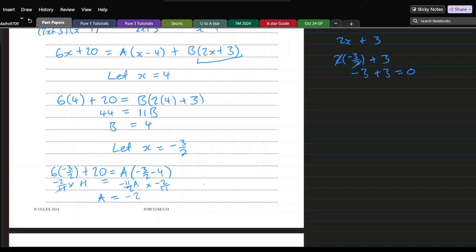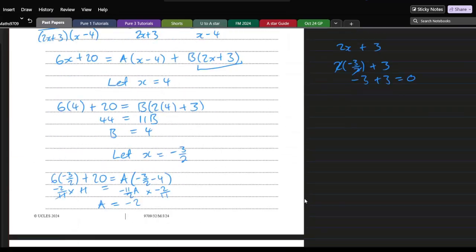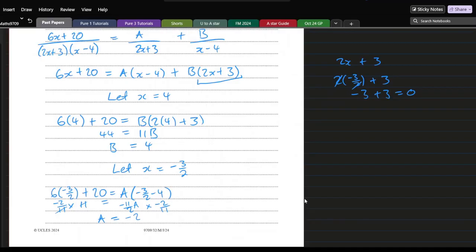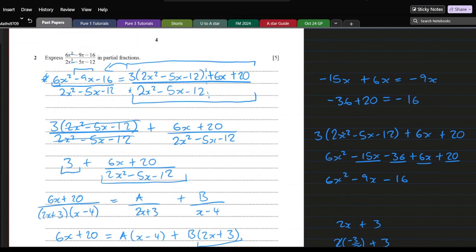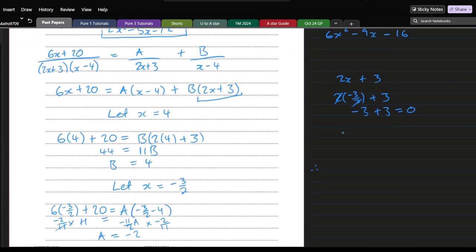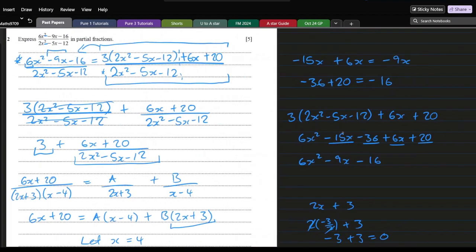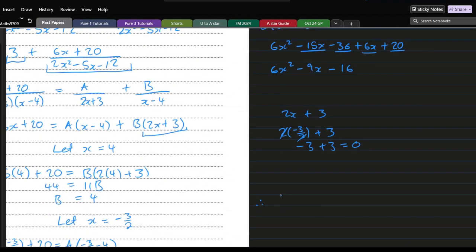Alright, do we still have space below? No, we don't have space. So on the side we are going to conclude that therefore, had they defined it as f of x? No, they had not. So let's just write the whole thing, 6x squared minus 9x minus 16. Therefore 6x squared minus 9x minus 16, and this is being divided by 2x squared minus 5x minus 12, and this is equal to,